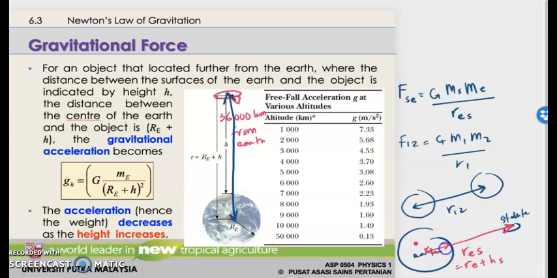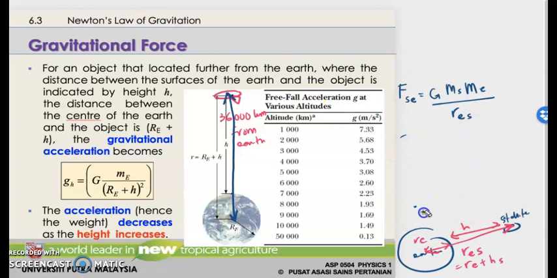Okay, so this is your RE, and this is the height of the satellite from Earth, which gives you R of Earth to satellite. I hope that's clear. So your equation now is simply like this: